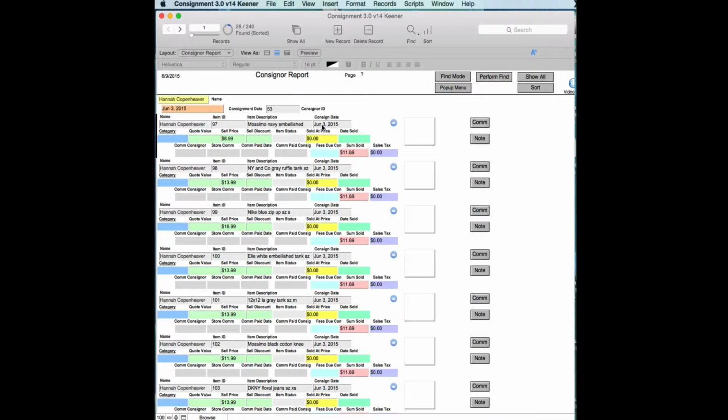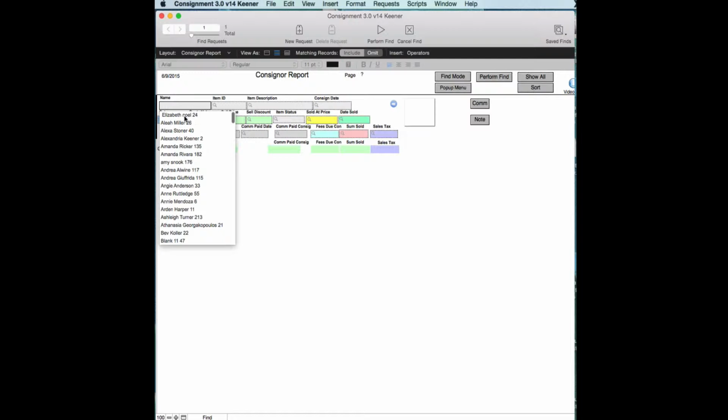In this case, this is June 3 through whatever dates, and you see all the records in here are June. Now if I go into find mode, it's going to drop down, and what you can do is pick it either by the name or the ID. In this case I'm going to use ID 53,